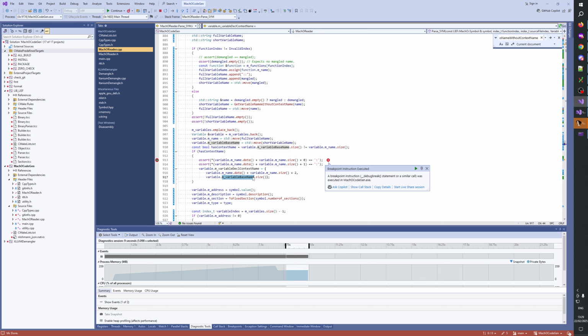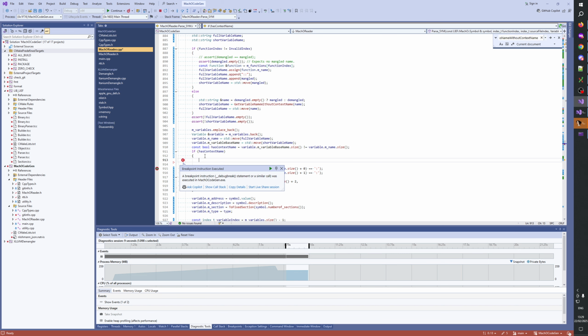Yeah, this is wrong. We're looking at const size_t context len